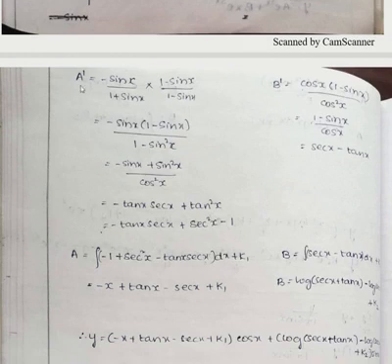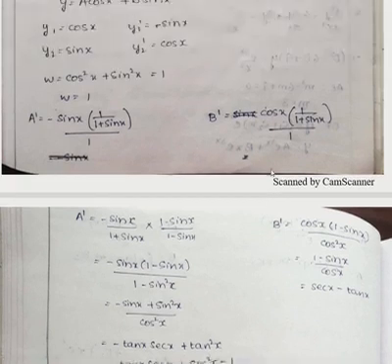The integration of A dash is A, that is equal to, integrate this term: minus 1 plus secant square x minus tan x into secant x, into dx, plus k1. It is equal to the integration of minus 1 is minus x, plus the integration of secant square x is tan x, minus the integration of secant x into tan x is secant x, plus k1. This is the value of capital A. Similarly, B dash is equal to,